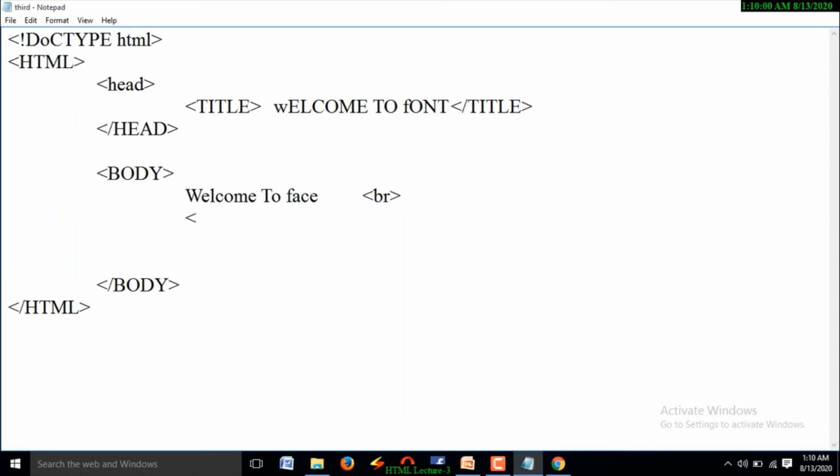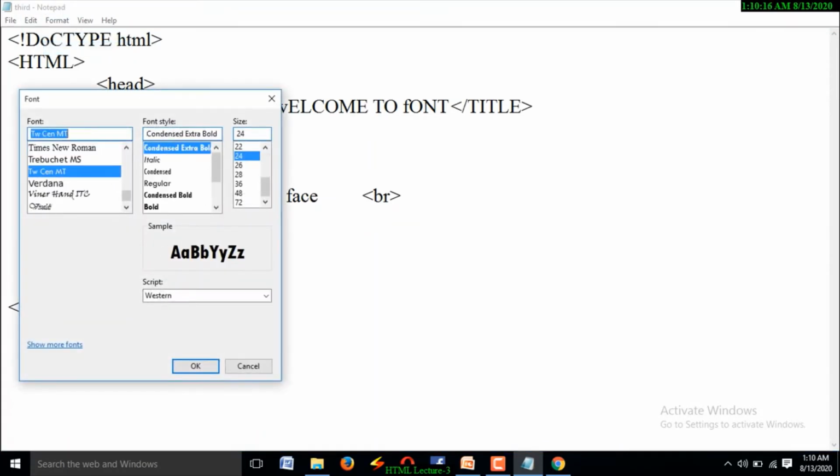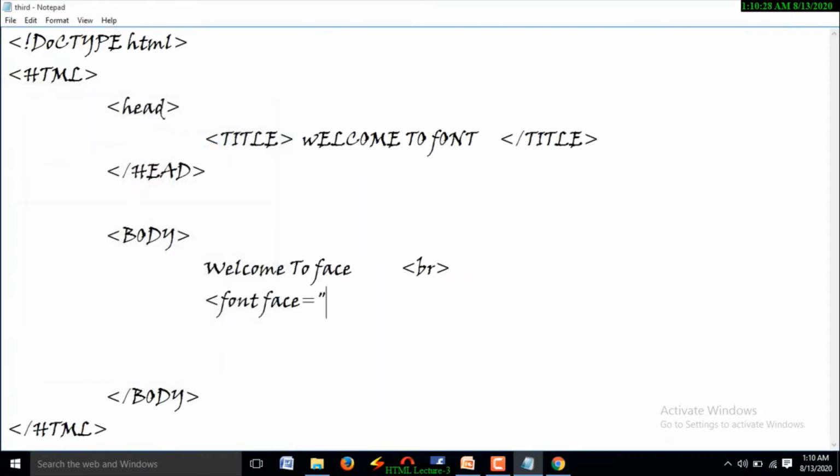I am going to use a face attribute for font. Font face is equal to, this is in Times New Roman, right? Instead of Times New Roman, I am going to use some other font face. Suppose this one or this one, assume like this. Control C, I am copying this font face.